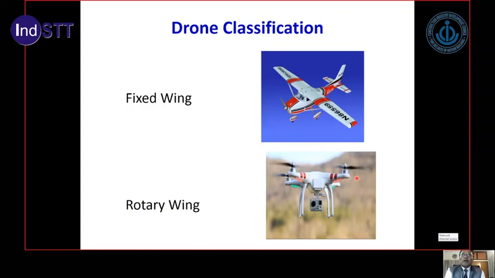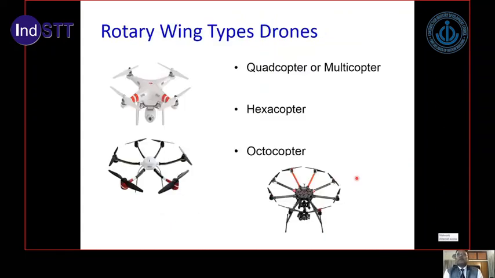So under rotatory wing types, we have quadcopter or multicopter. Quad means 4. So you can see here that there are 4 different wings and vanes. Then we have the hexacopter. So this is a hexacopter with 6 and the octacopter with 8. So these are also known as multicopters. Very, very useful, and most of the time you will find that the quadcopter is the most commonly used UAV for